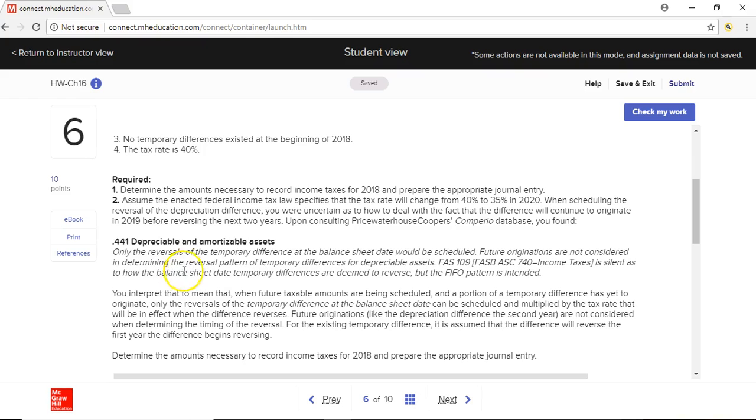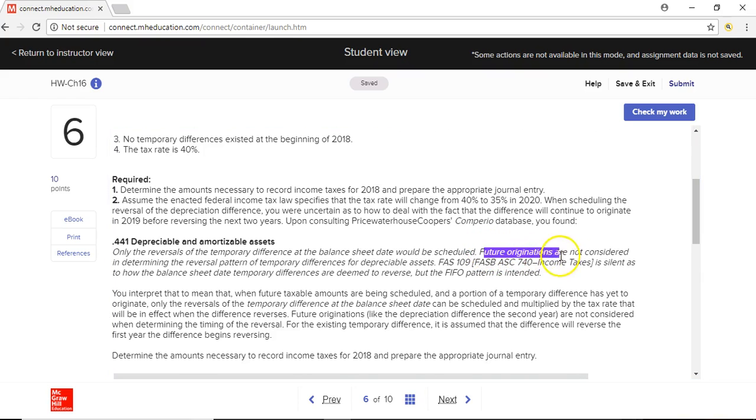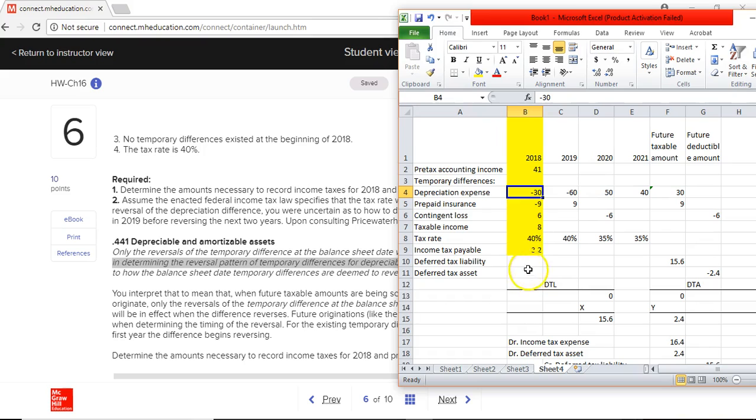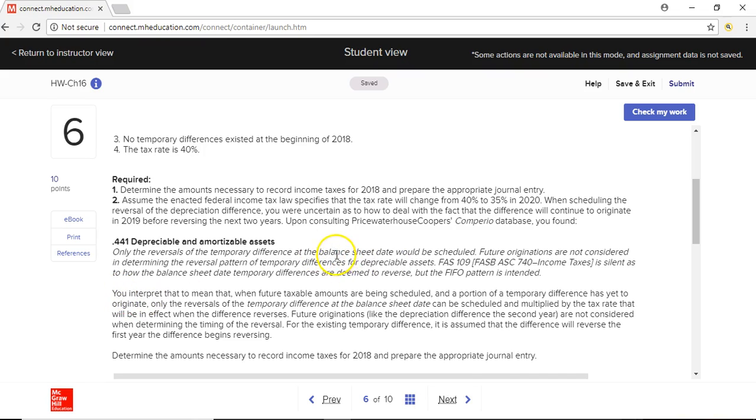PricewaterhouseCoopers says only the reversals of the temporary difference at the balance sheet date would be scheduled. So this sentence says only reversal of the temporary difference at the balance sheet date should be considered as deferred taxes. Future originations are not considered in determining the reversal pattern of the temporary difference for depreciable assets. Future origination means the same sign as your current originating difference, which is not considered. And here we have more explanation about what PwC